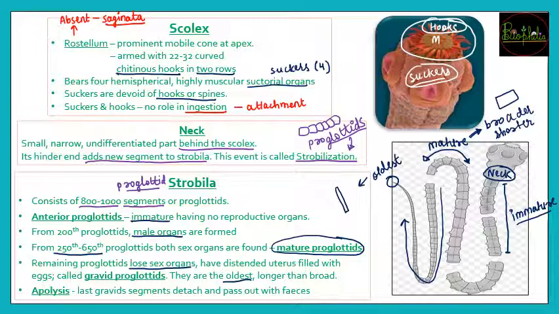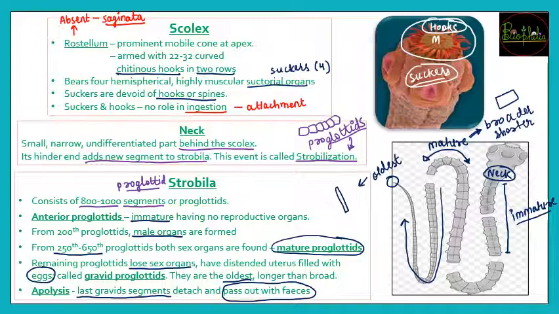Now when the uterus descends, they will have the presence of eggs, and these eggs are going to be the new generations. So when the last segments of the gravid proglottids detach, they will break because of the longer lifespan that they have lived, and these broken last segments of gravid proglottids are going to move out from the host in the feces. So when these last gravids come out with the feces, they are going to be filled with eggs, and the process wherein the last segments come out with the feces is called